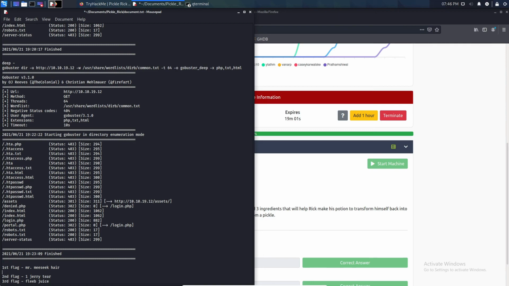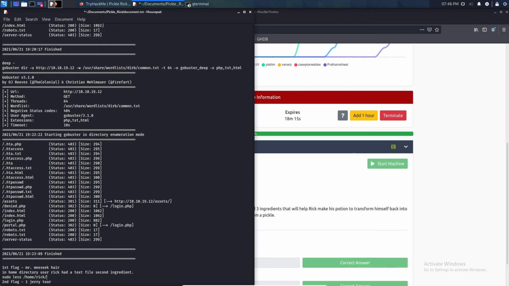I should write like this: in the home directory, user Rick had a text file, second ingredient. The command that we used to access that was sudo less /home/rick/